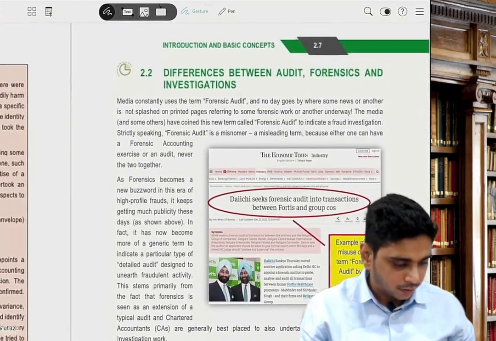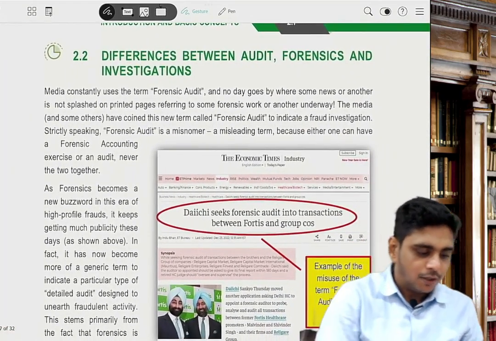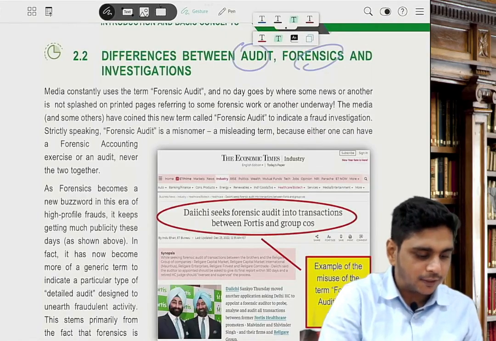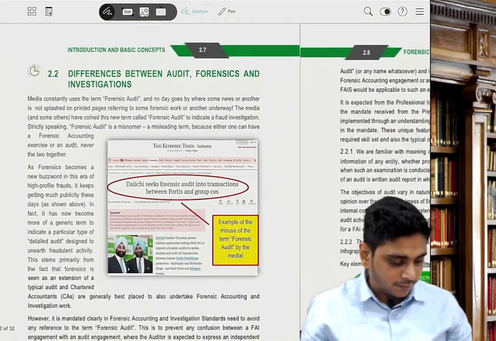Cool. Okay. Now next, we are doing the differences between audit, forensics and investigation. So what I'm telling you to cancel,